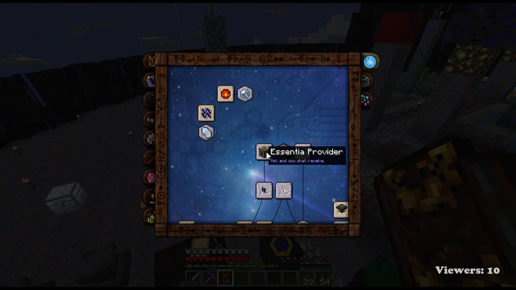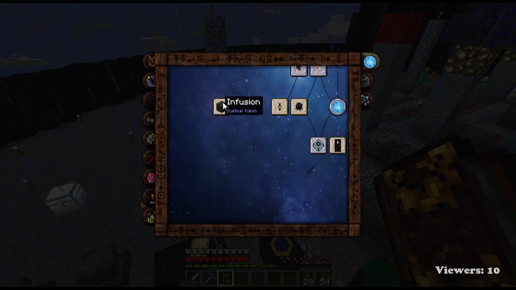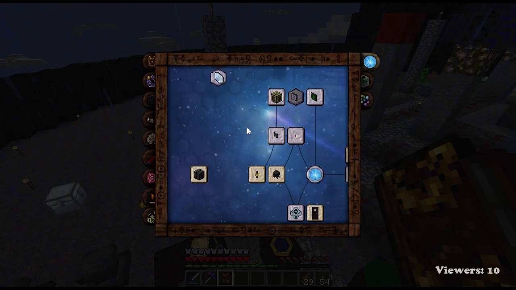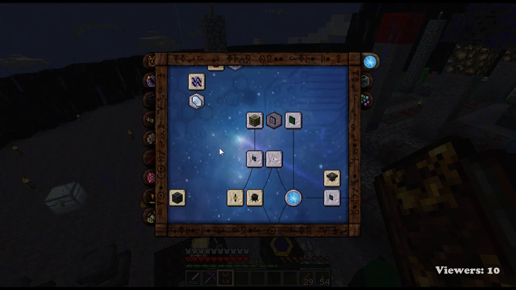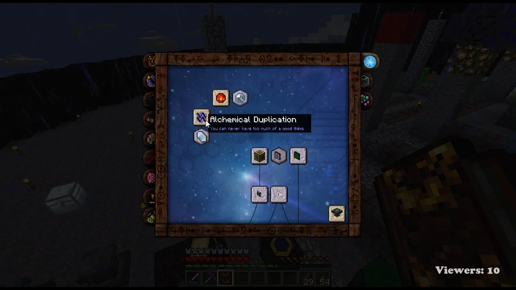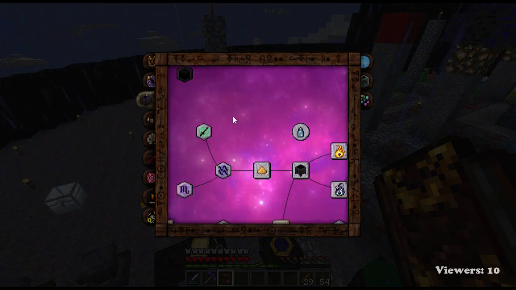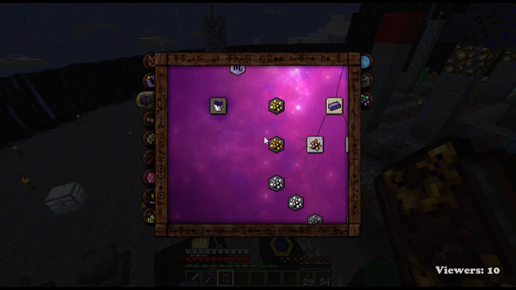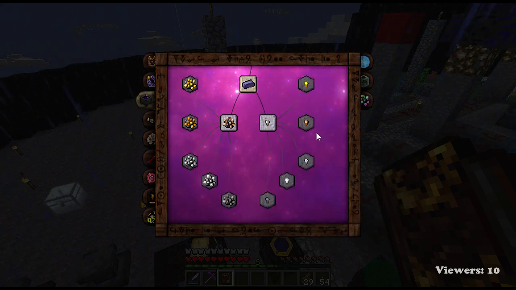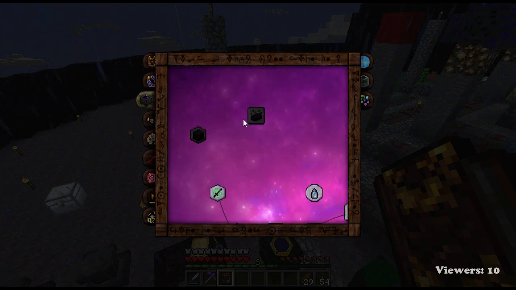So we have Essentia Provider. Knowledge Inscription. Harnessing Device. There's definitely some stuff that we lack to unlock. So, some crucial stuff too, like automating the infusion altar, providing Essentia to it. Not so worried about these purifications, though maybe I should be. Or these nuggets as well. Maybe a good starting place would be to use the infusion altar to make a